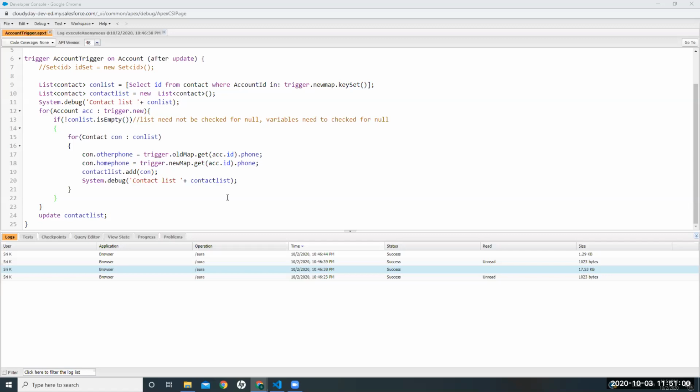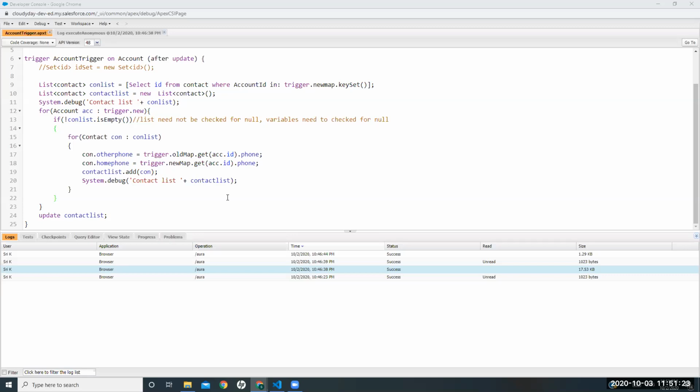What trigger.newmap.keyset on line number 9 is returning is a list of IDs, and we have to fetch the contacts of only that particular list. This is what trigger.newmap.keyset is doing here.